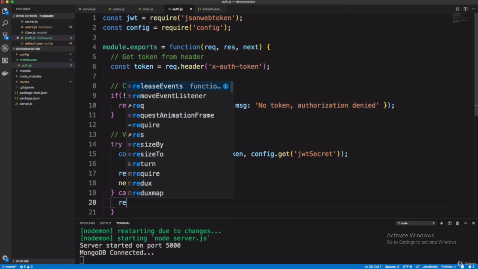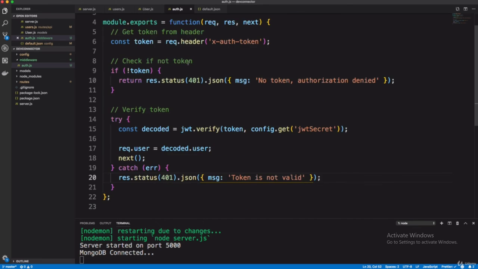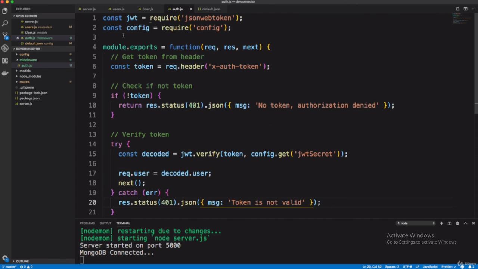In the catch block I will send an error message with 401 status, and the message will be token not found or not valid. That's all for this middleware, we should not have to touch it again. Just save this file and apply it in a route.